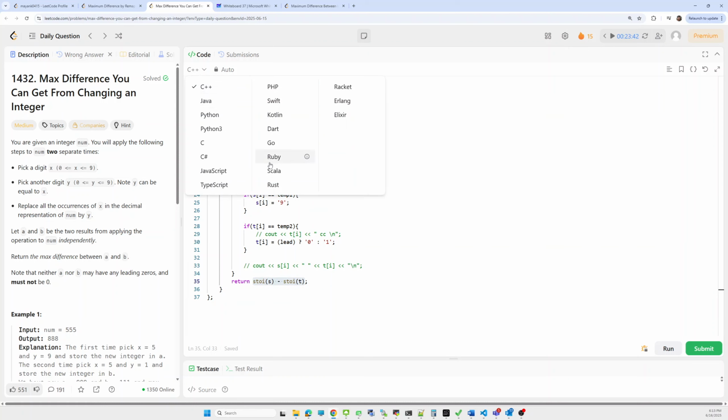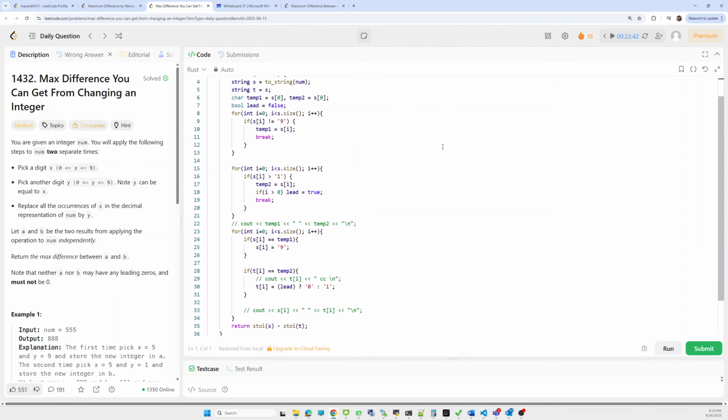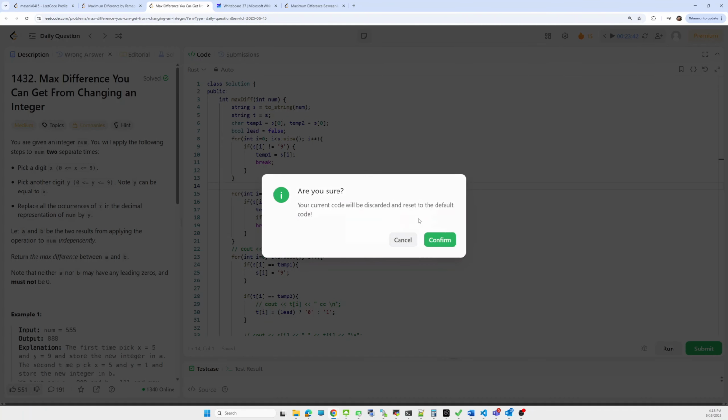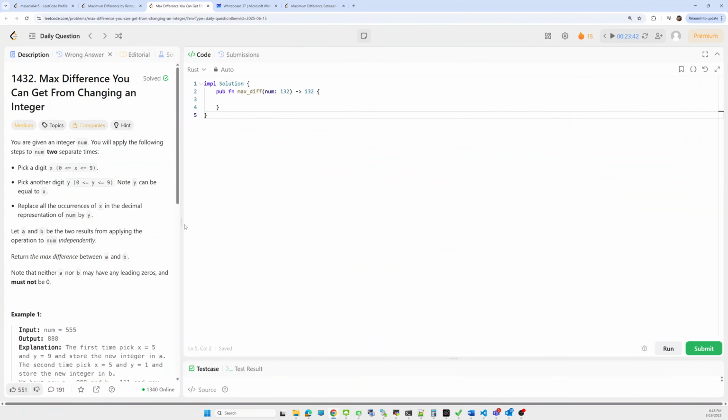Now we'll look into the Rust implementation, how we can achieve the same in Rust. One second, our page is not refreshed. Let me refresh. What happened? Now let me just refresh my page. Why is it not refreshing correctly? Let me make it. Okay.